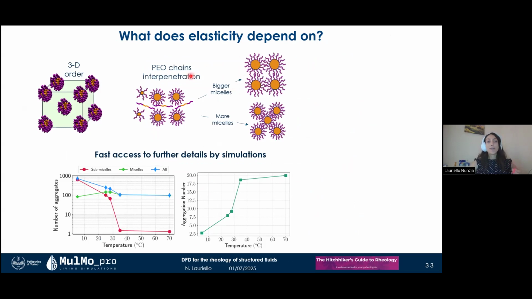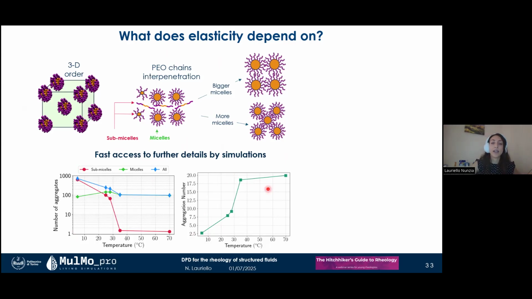Two key factors to detect are the formation of an ordered domain, and the formation of pure chains interpenetration that can happen due to the formation of bigger micelles or the formation of more micelles. Simulations help us provide further details on the number of aggregates and aggregation number over temperature with respect to experiments. And in particular, from simulation, we can say that there are submicelles and micelles with different aggregation number in the